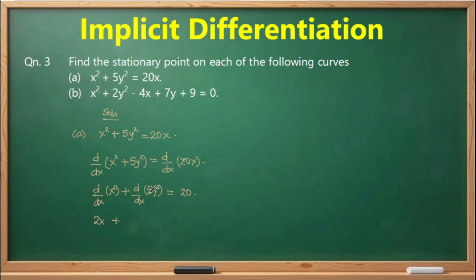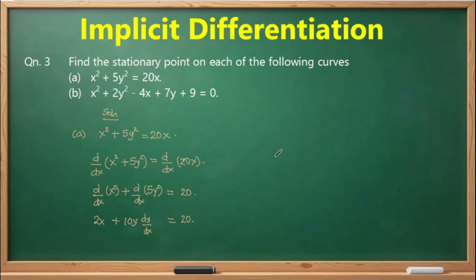We will differentiate 5y squared with respect to y and maintain dy/dx. So this goes to 10y, and then dy/dx